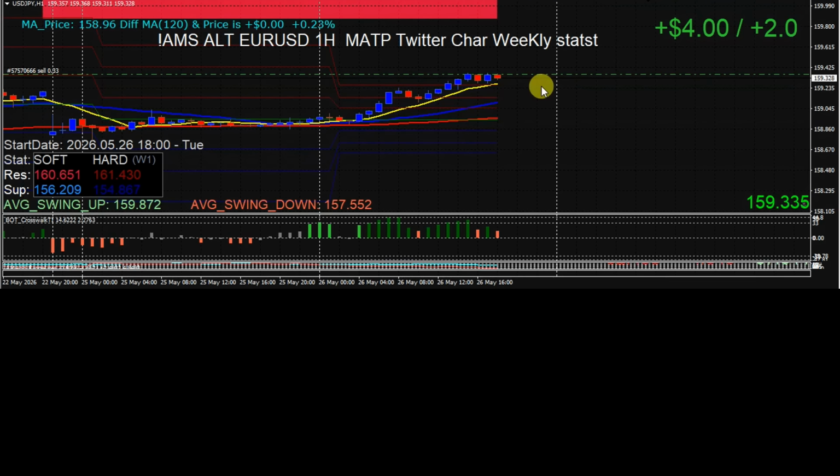Pay no attention to this template name. I just dropped these onto an existing chart. Okay, this is the dollar yen, and this is where we're going short. You can see we got a little push down. Again, the plan was developed on the Forex Screener, but this is where I enter at.